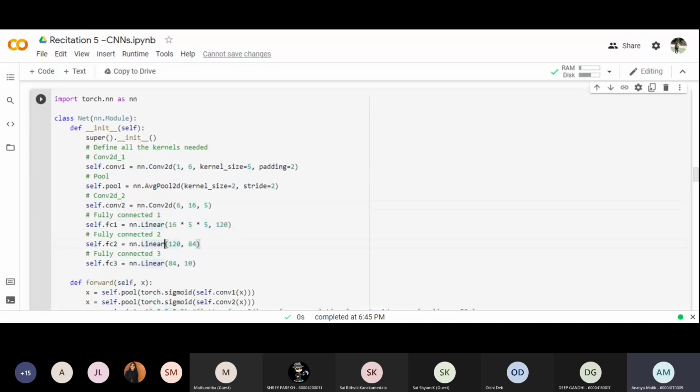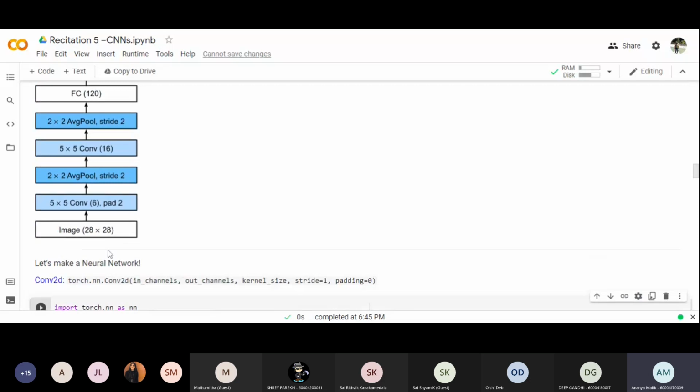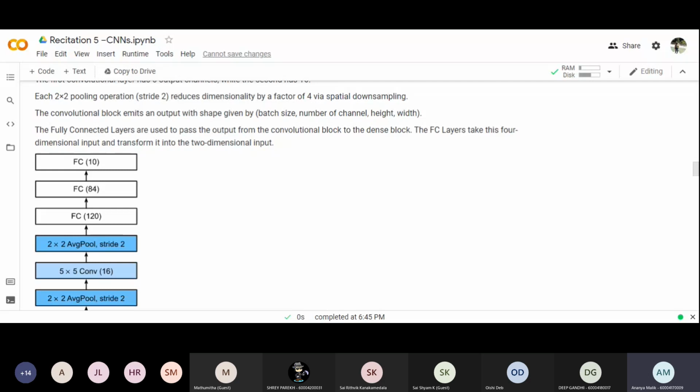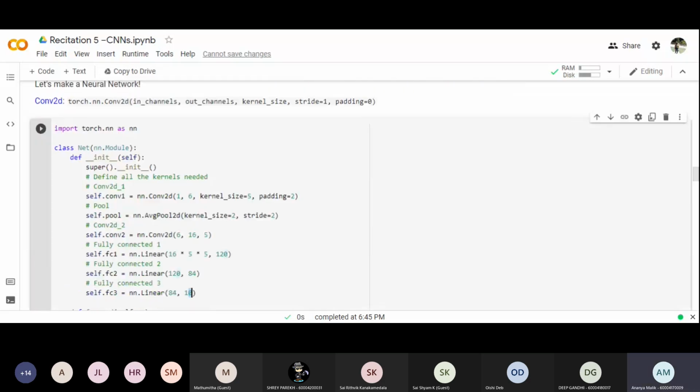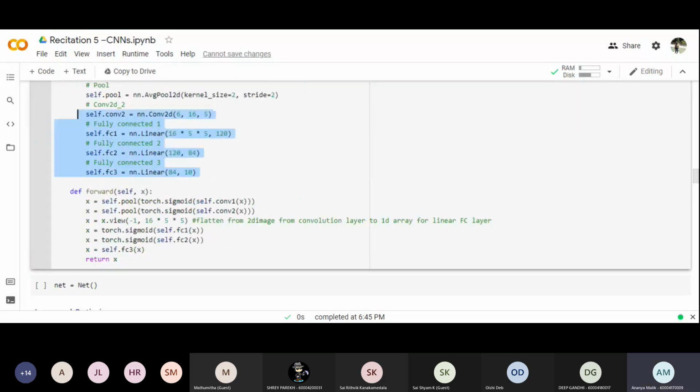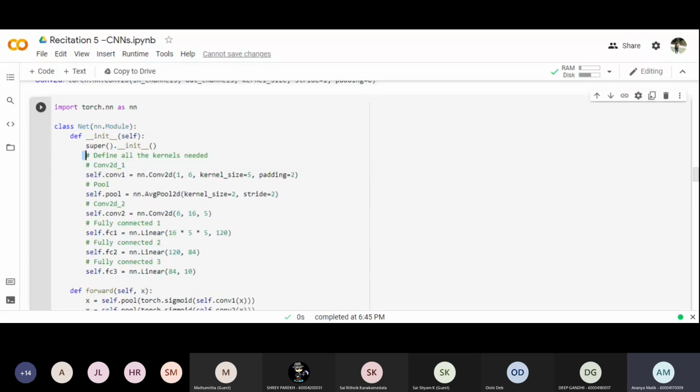Similarly, we have the fully connected layer 2. Again, these are linear layers because they're fully connected layers. So we use linear. The input channel is 120 and the output channel is 84. And a fully connected layer 3, where the input channel is 84 and the output channel is 10. So what this means is that given an input channel of image 1, our final output will be a linear array of length 10. This is the structure of the kernels that I require to set up my LeNet